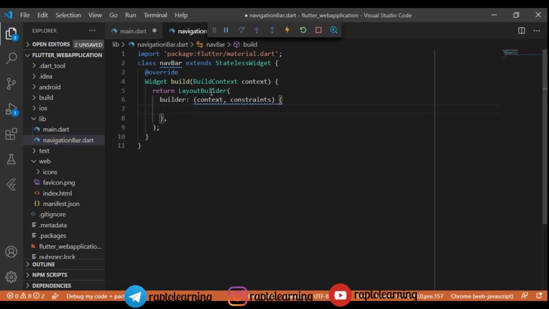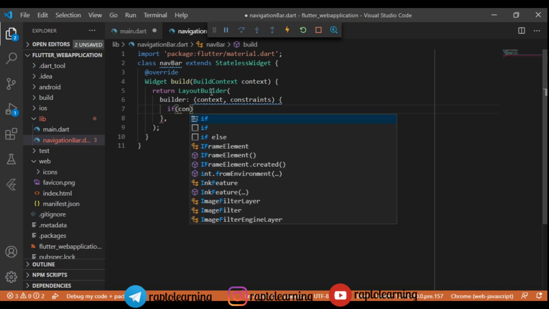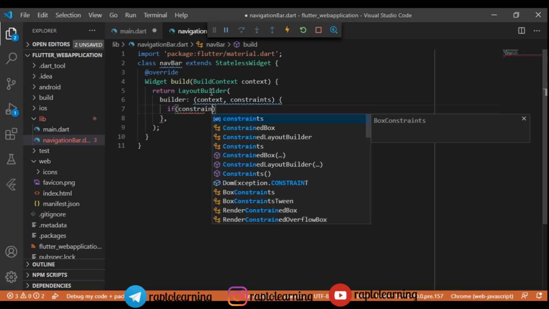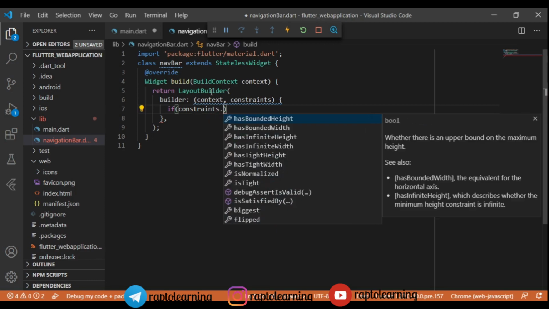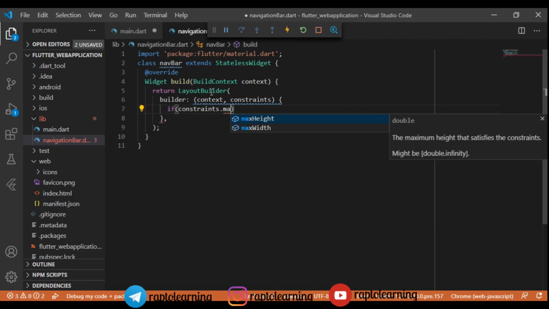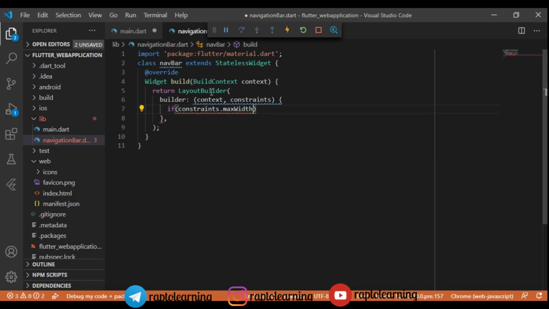So in context and constraints, we are going to write an if statement. In the if statement, we are going to write constraints dot, and there are many options available. We'll pick width, right?